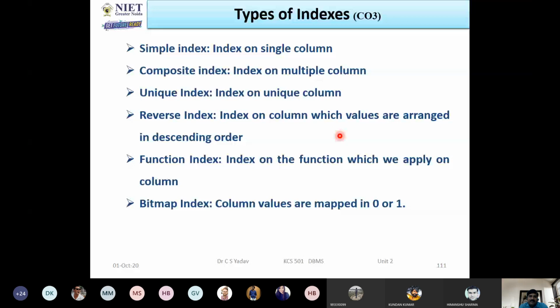Okay, did you get it? Yes sir. I will demonstrate to you all how to create an index, but you can't realize that execution will be fast. Why? Because there are only 10 or 12 records in the table. If there are millions of records in the table, then only you can realize that, oh, execution becomes fast. Otherwise, you can't realize it.